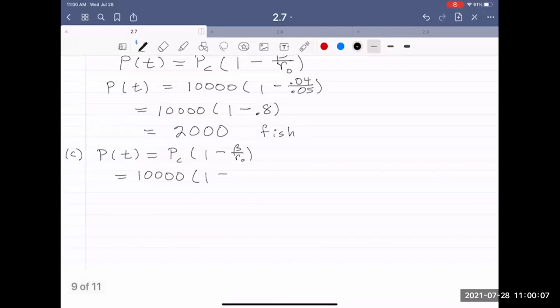Now, suppose that your harvesting rate is 5%, and your birth rate is also 5%. So those cancel and you get 1. 1 minus 1 is 0. So the answer is you've killed off every fish. And so if you start out with 10,000 fish and your harvesting rate is 5%, and the rate at which the fish